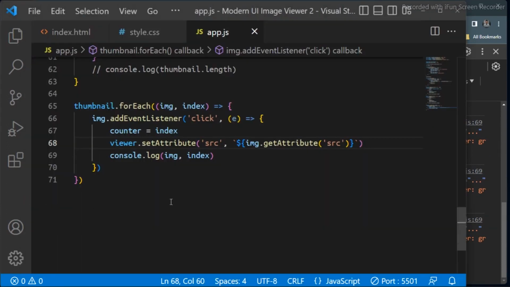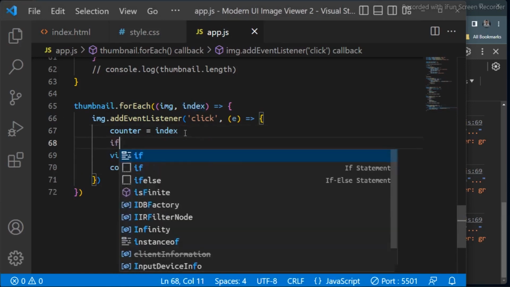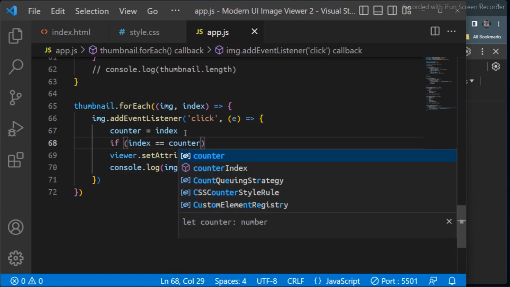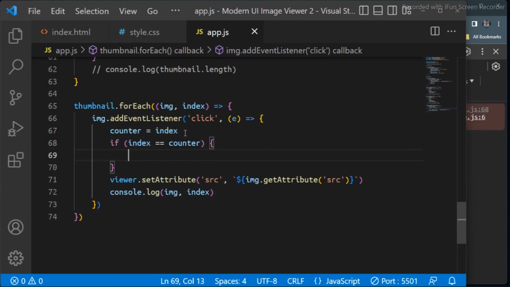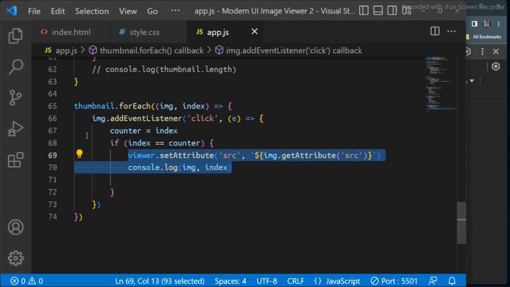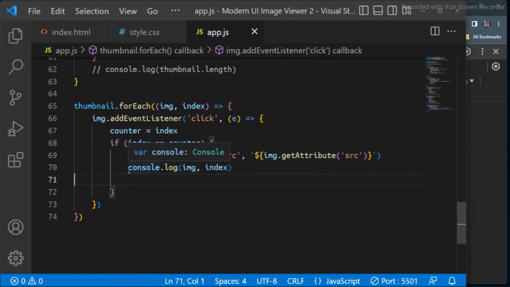So to simply do that, since we used an if conditional, we're just gonna wrap this inside an if conditional. We say if index is equals to counter. If index is equals to counter, what's gonna happen? Let this dude here happen. And if it is not,